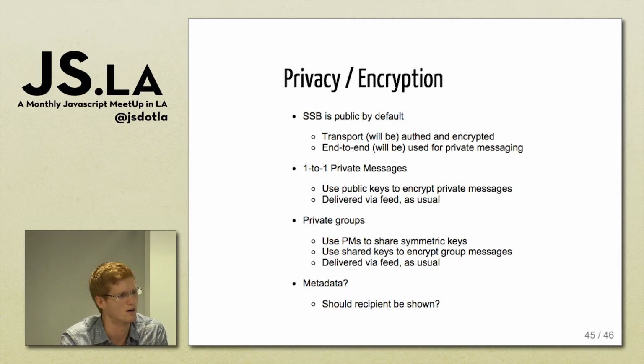We're working right now on our transport level encryption, and soon after we're going to have end-to-end encryption, right? So the key pair distribution is inherent in the protocol. And so we will eventually work in one-to-one private messaging using the public key pairs to encrypt, right? And then in the future, we'll be able to pass around symmetric keys to have groups of encryption, right? And so that'll be the basis of any privacy in the system.